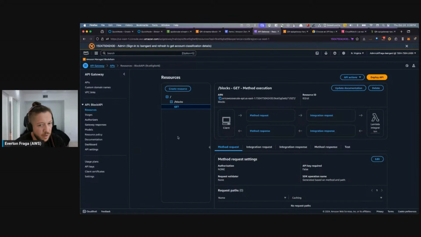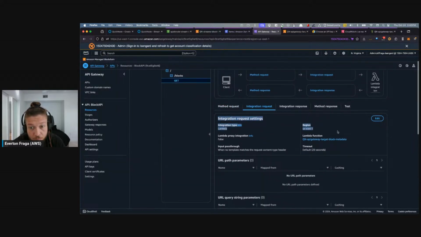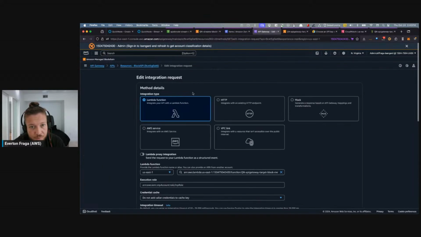Fast forward a little bit, you have something more or less like this, where you can add integrations, right? So there are some native integration capabilities within the API Gateway, and you can basically pipe the API Gateway method and HTTP verb to a Lambda function. So whenever you access that URL with that specific URI segment, a Lambda function will process it.